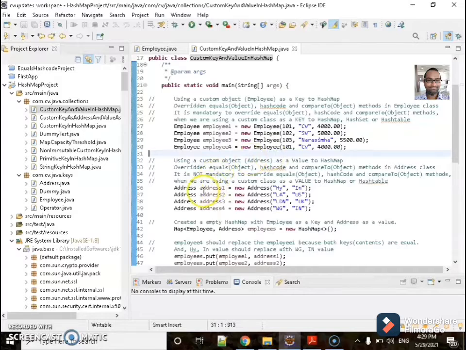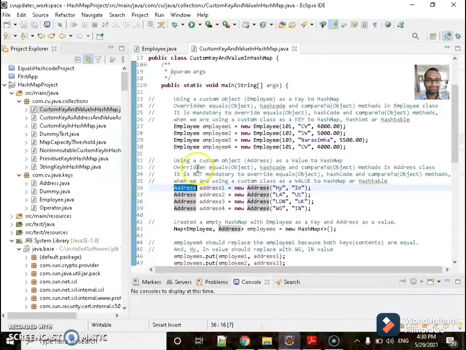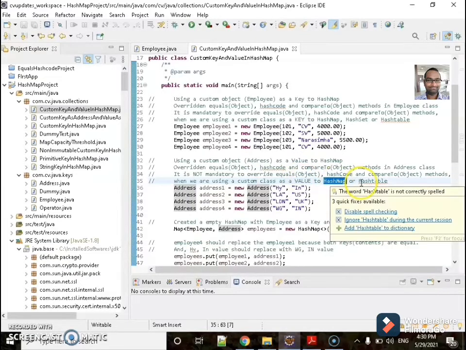Let's see the Address class. Here I am creating an Address class as a value to the hash map. I have overridden equals, hashCode and compareTo methods in the Address class. It is not mandatory to override equals, hashCode and compareTo methods in the custom class whenever we are using a custom class as a value to the hash map or hash table.